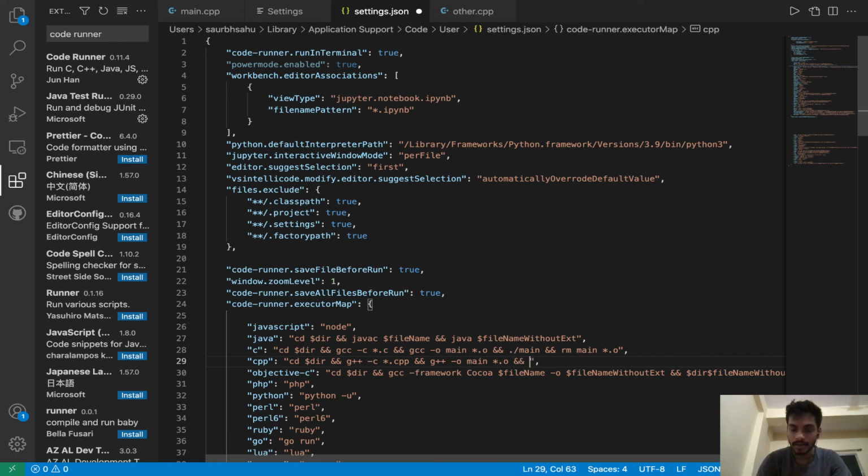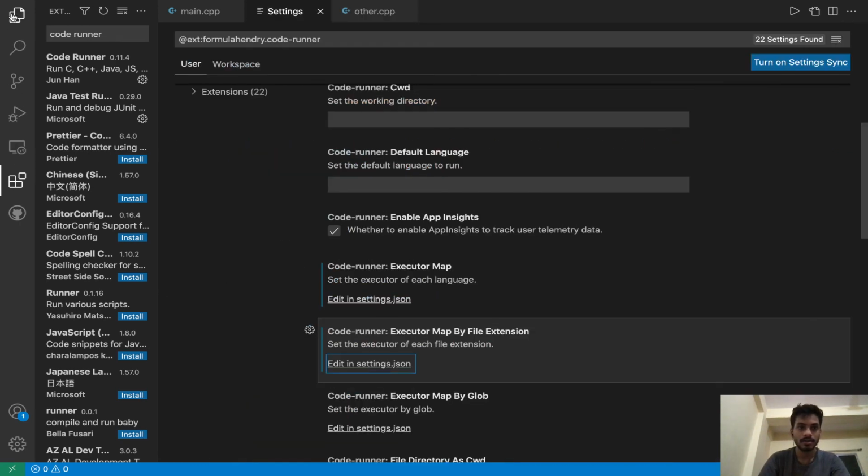And after linking I am just going to execute the main file. After executing I am going to delete all the main and object files. Okay, so now the setting has been updated.